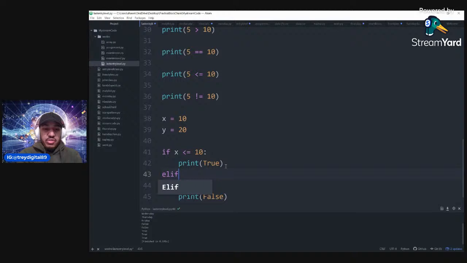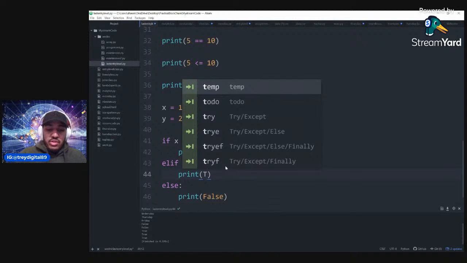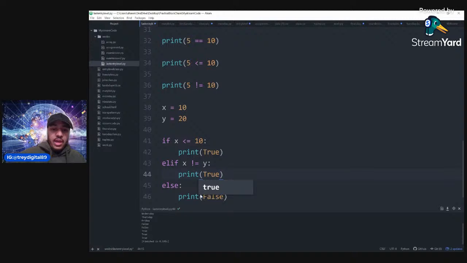So we said print true, else if x is not equal to y. Let's just put else if x is not equal to y,